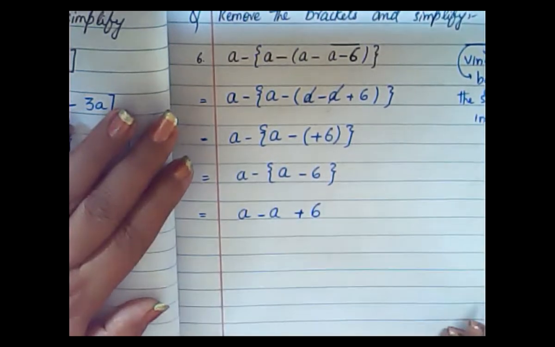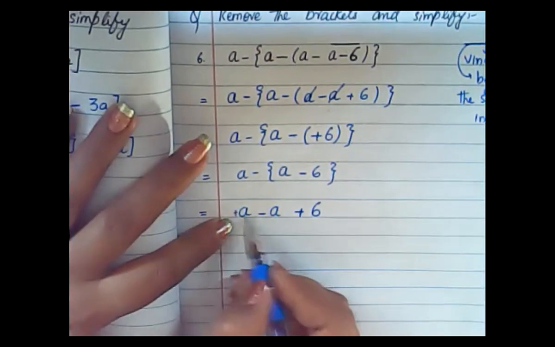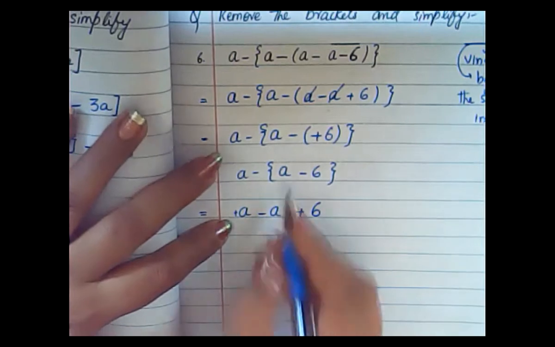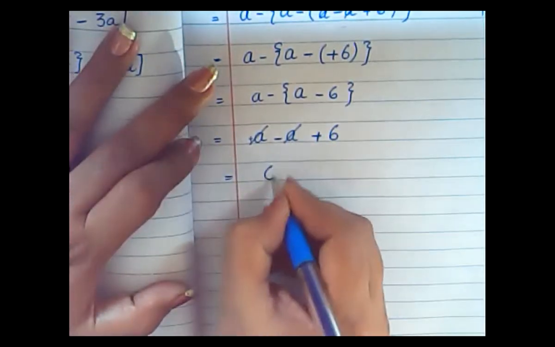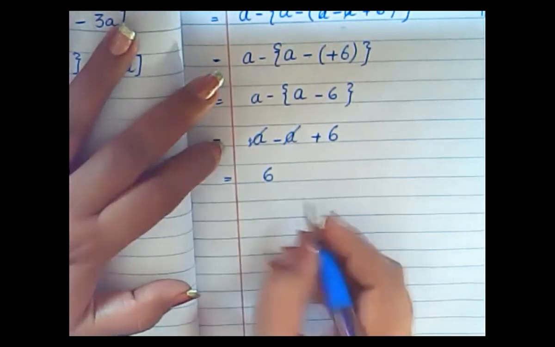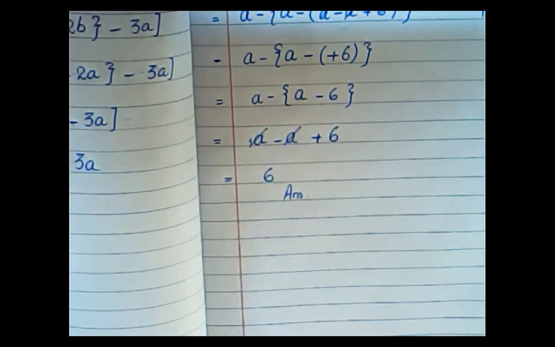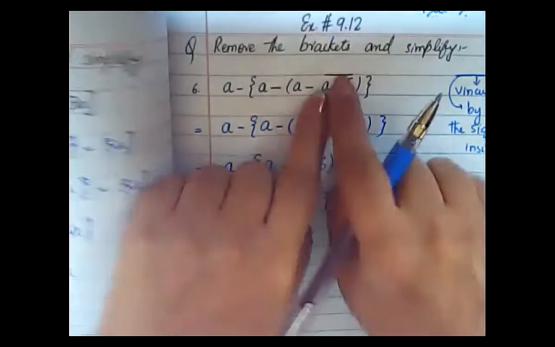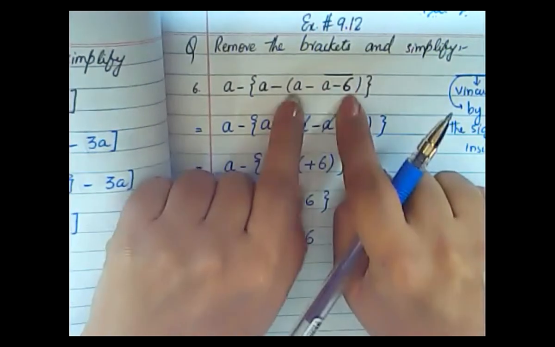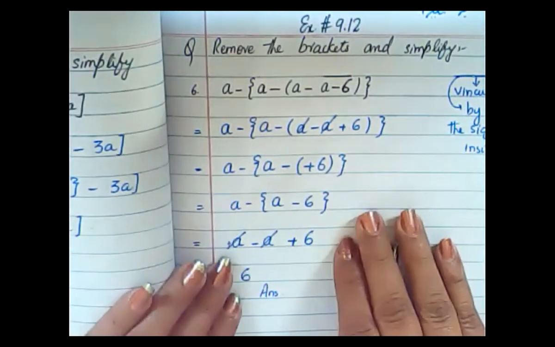Very good, Hamza, Ajwa Muzaffar. Now again you have the same thing, plus a minus a, plus a and minus a. So you will cancel them, plus a minus a, and answer will be only 6. No 6a, answer will be 6. Yes, everyone is giving the right answer, so this is the answer. Okay, so this is the way to solve this type of question. First you will remove the vinculum if you have vinculum, then round bracket, then curly bracket, and if you have a square bracket, you can also remove the square bracket. Understand?